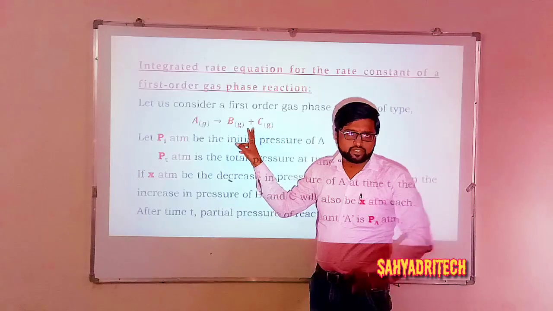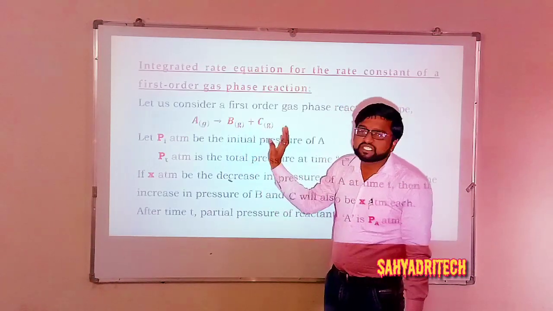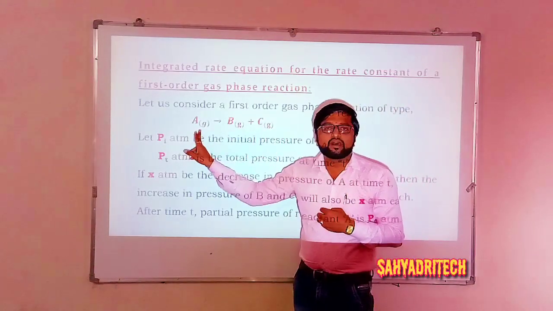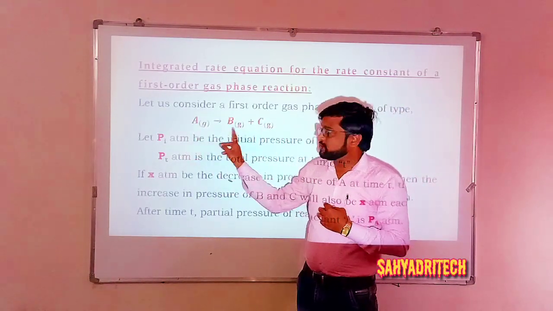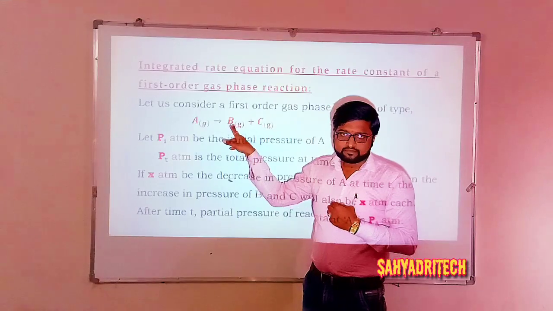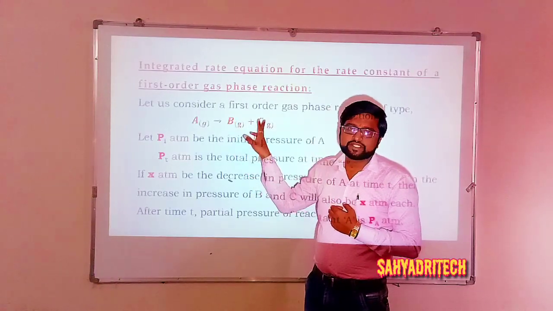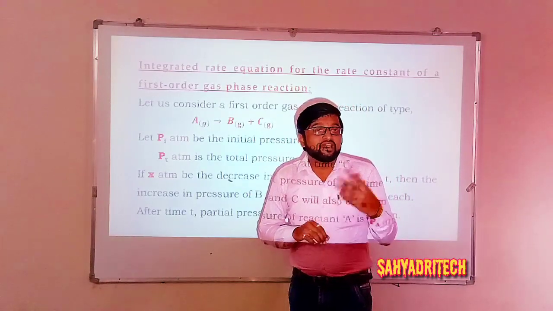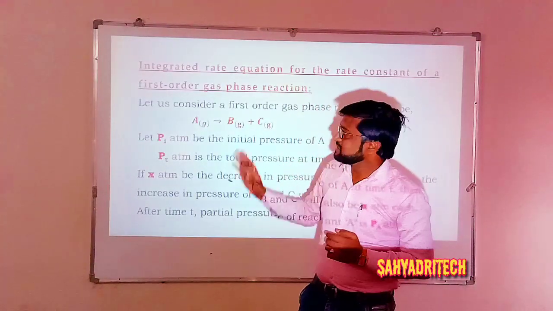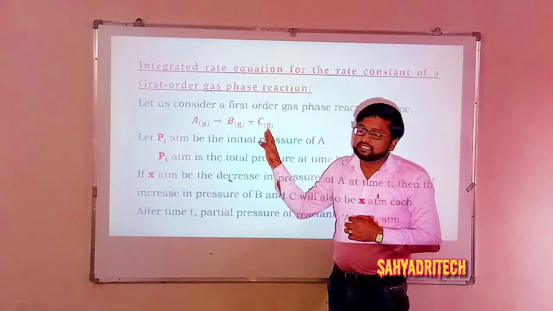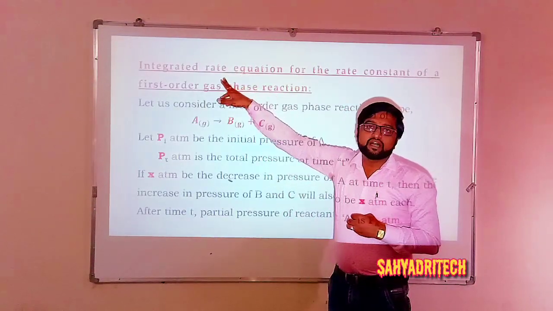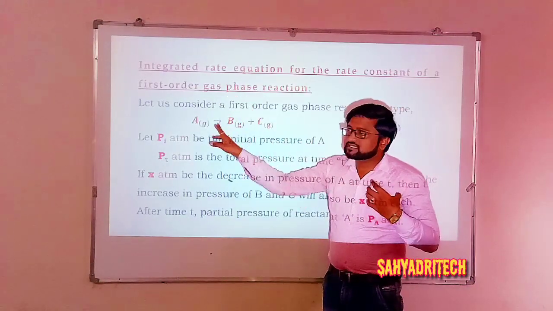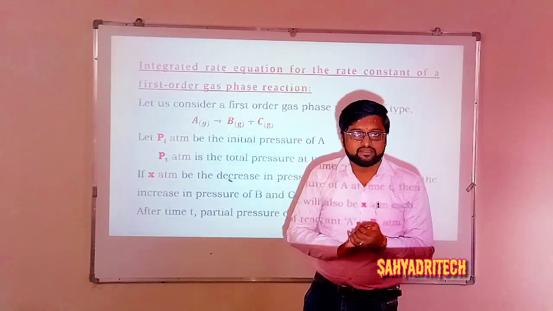One thing you have noticed here is that I specified one type of gaseous reaction, which involves 1 mole of gaseous reactant to give 1 mole of B product and 1 mole of C product. So it's one kind of example. It is not necessary that all gaseous reactions hold good for the same equation. In the sense, integrated rate equations are to be derived every time based on the balanced gas phase equation.